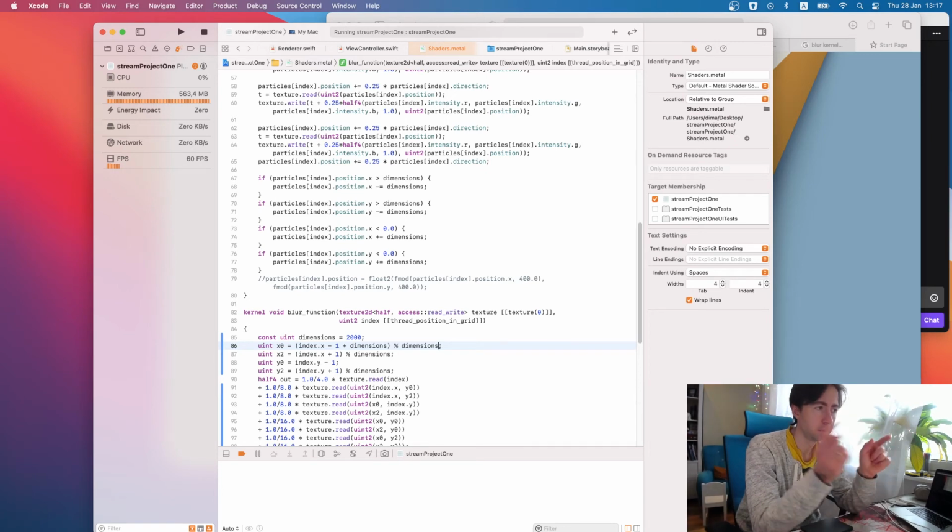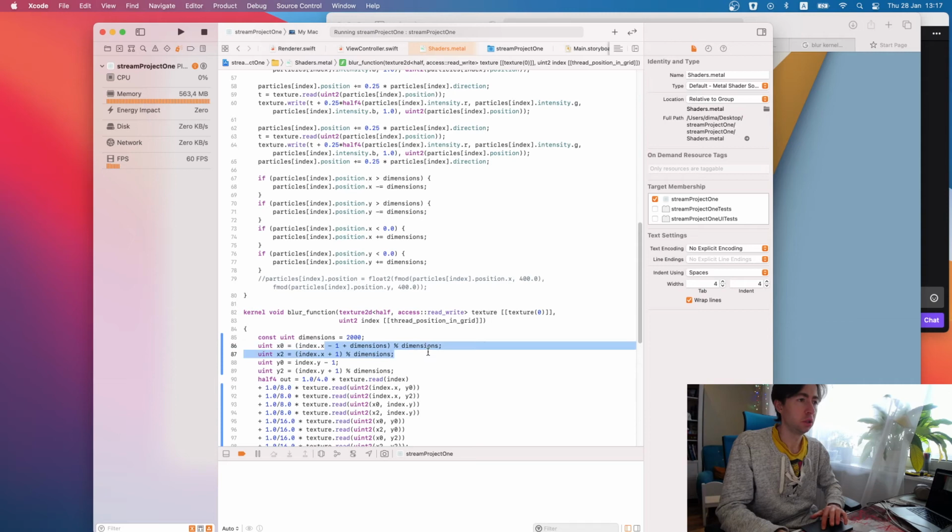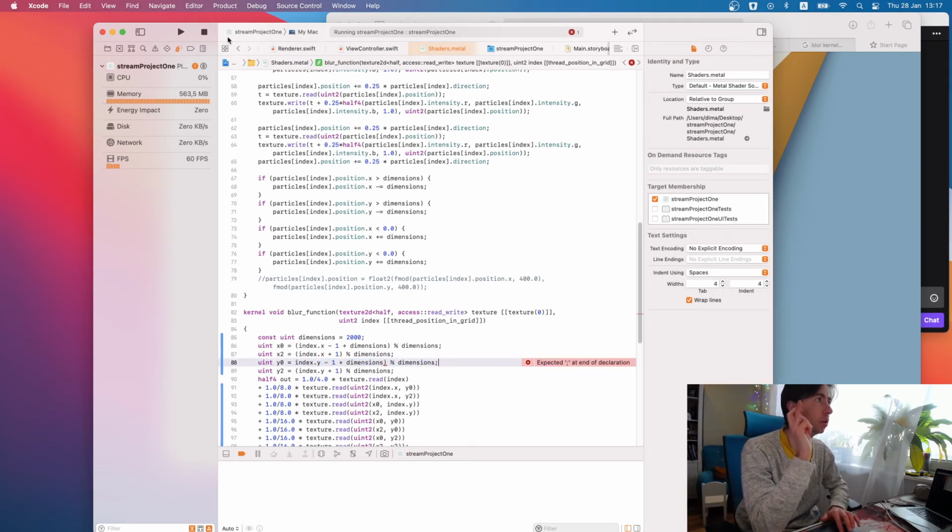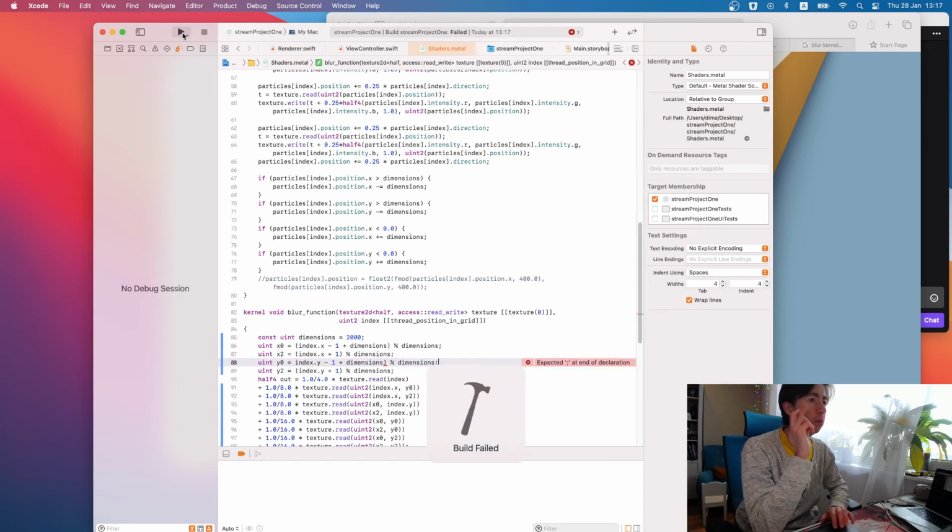We have 5, 4, 2004 divided by dimensions 4. We have -1. Looks good. See no issues. Fingers crossed. I hope I did my math well here.